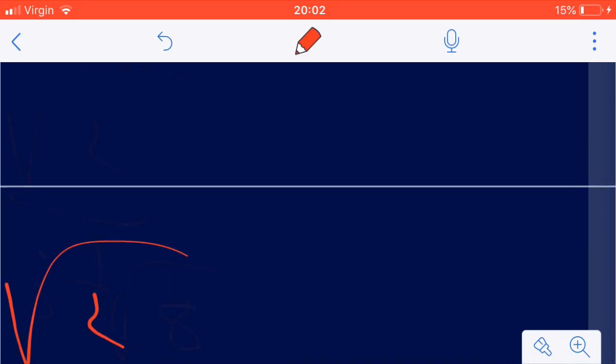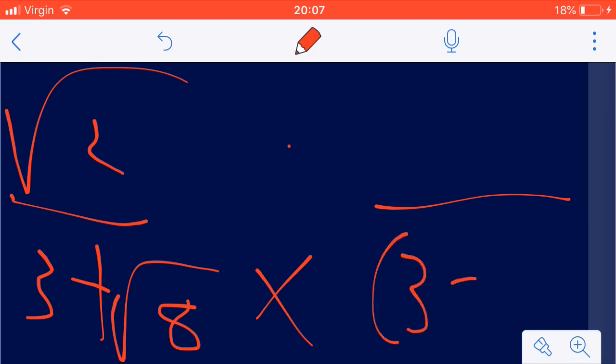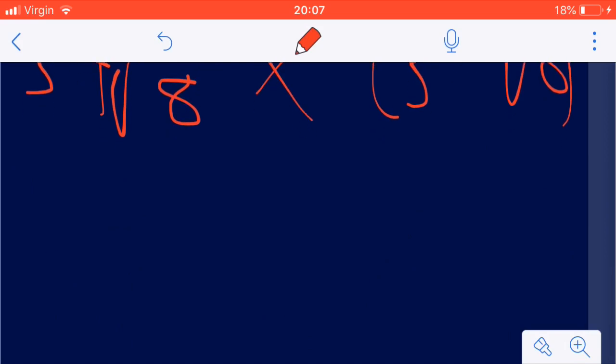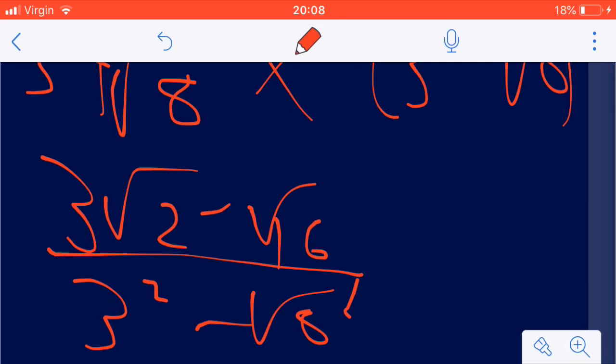Okay, so now if we go for a more difficult one here, to rationalise this denominator, we'll have to times by the 3 minus root 8 as part of the difference of two squares rule, and then to times the top by the same as well to make sure we do not change the fraction's value at all. So the difference of two squares means that a plus b times a minus b makes a squared minus b squared. And if we times root 2 by 3 root 2 minus root 2 times root 8, using the other rule,